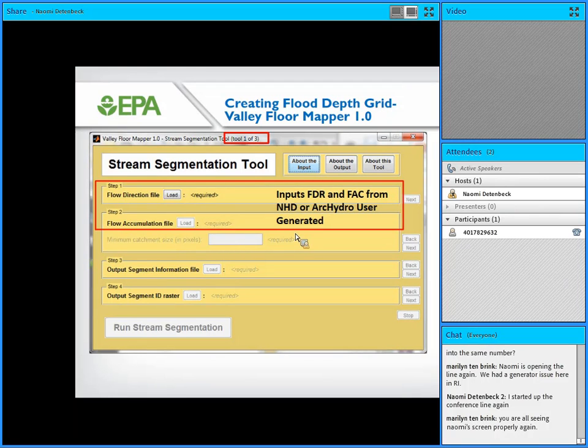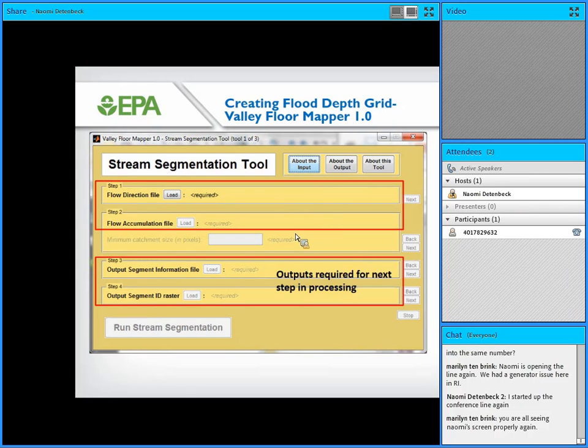So basically it takes all the streams, burns the streams in, generates a segment information file and gives each segment an ID. So you input the flow direction file and the flow accumulation file, and it gives you these 2 files, neither of which you would ever actually look at for anything unless you want to look at the IDs of certain streams. So you're going to take those 2 outputs from step 1 and put them into step 2,